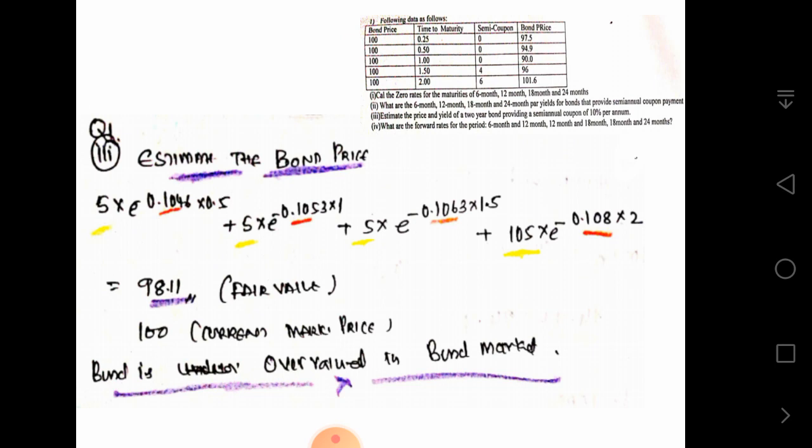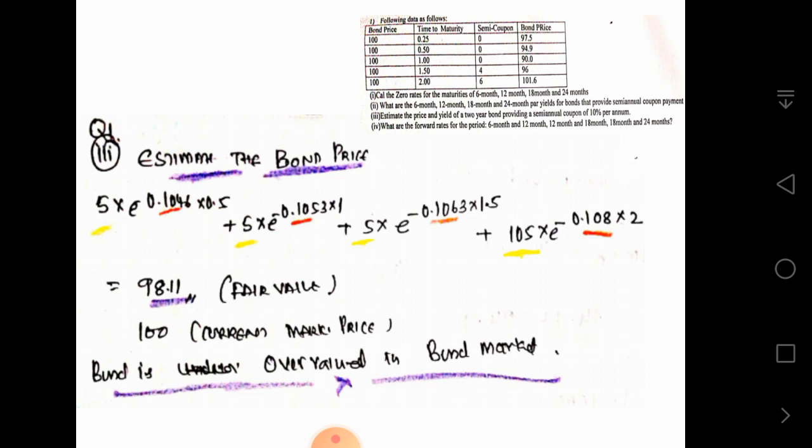For every 6 months 5, for 1 year again 5, after 1.5 years 5, and at 2 years 5. But for the zero rates, I will be taking the zero rates I have calculated. So 5 into exponential to the power of minus zero rate for 6 months multiplied by 0.5, plus 5 into exponential to the power of minus zero rate for 1 year multiplied by 1, for the 1 year time frame, plus 5 into exponential to the power of minus zero rate for 1.5 years multiplied by 1.5, which stands for 18 months,